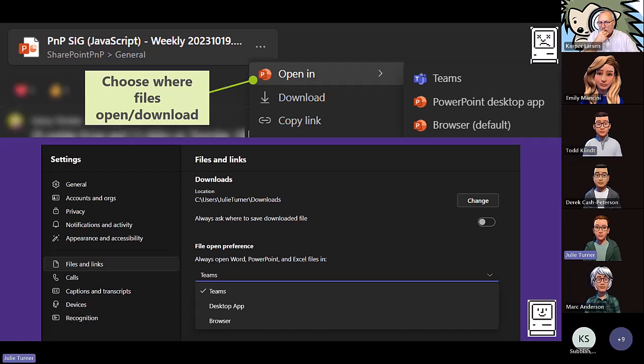I would agree with that. And I want to call out the save where you download. I don't download a lot of files from Teams, so this didn't really bother me. But I've got a buddy, shout out to my buddy Lance, who is not a techie necessarily, but he hates this. When his company switched to Teams, every time he and I would have lunch, he would yell at me about how Teams would always only download to his download folder, and he would have to move it every single time. I can't wait till the next time I see him so I can tell him that this is in here where you can pick where it downloads every single time.